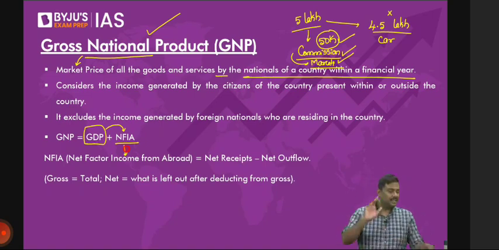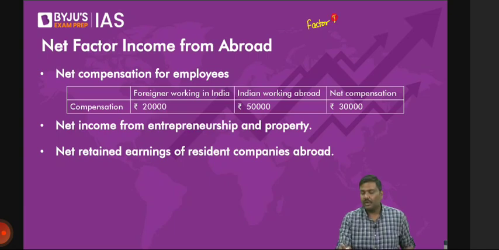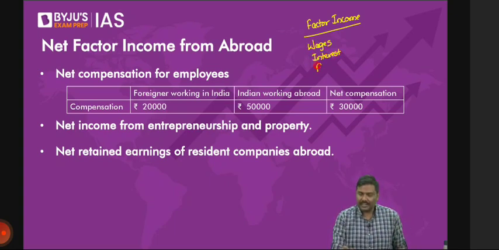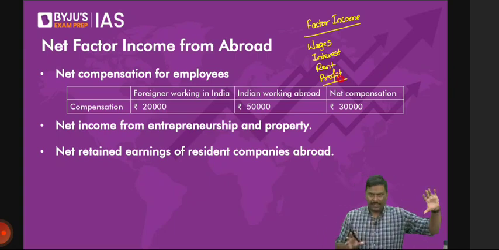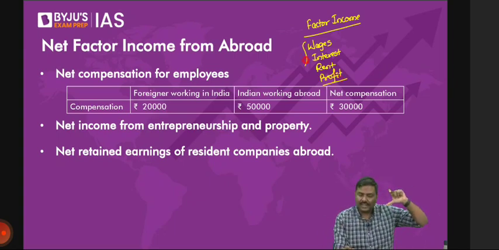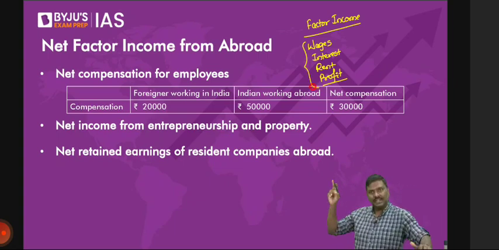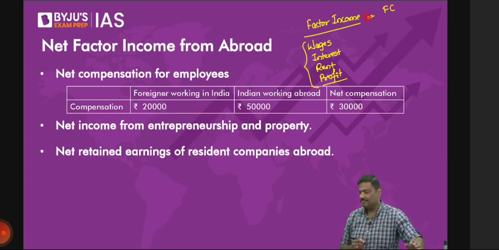Follow this very carefully. All of you remember the concept of factor incomes? Let me know. What are factor incomes? Wages, interest, rent, and profit. Simple. Now follow this carefully. In the calculation of GDP, all these factor incomes are already counted. Because some of you simply say, sir, but you started the discussion with factor cost. Don't be confused now. Can I say factor cost is nothing but factor incomes? Simple idea.